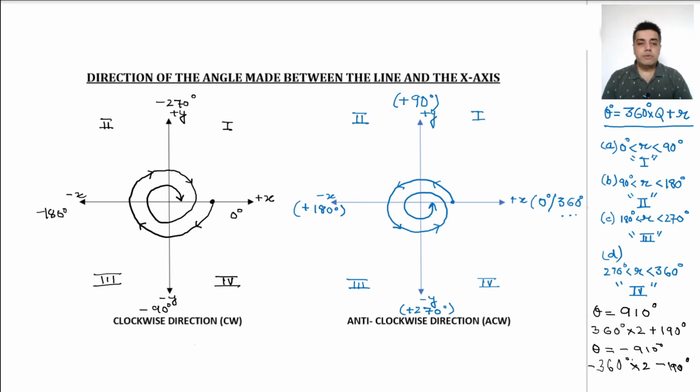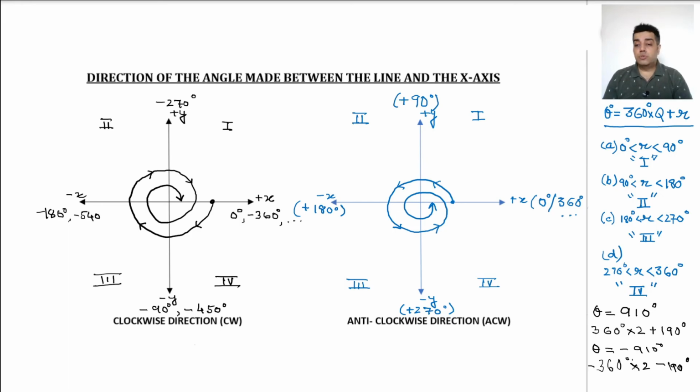The next one here is minus 360 degrees, and so on. As you keep moving in the clockwise direction, the value that comes after minus 90 degrees is minus 450 degrees. The next value after minus 180 degrees would be, you add another 360 to it, which is minus 540 degrees,